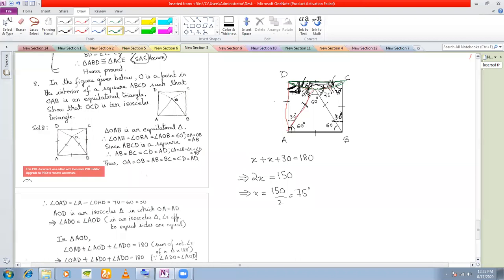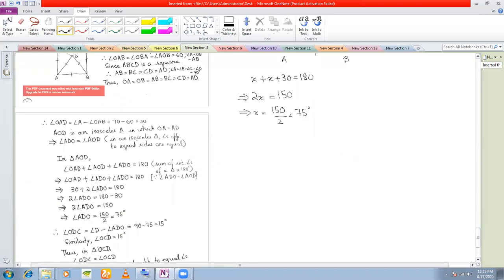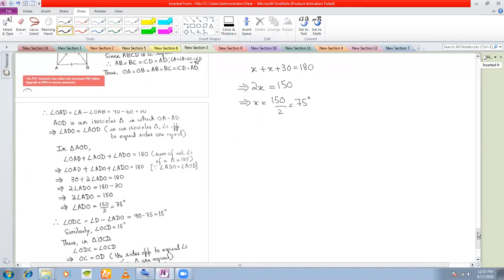No, sir. Thank you. So that is how we do this problem. I have done it with the help of angles. I have not taken x. If you want, you can take x and do it. But this is the normal way of doing. This is the way you should be getting used to. Okay.